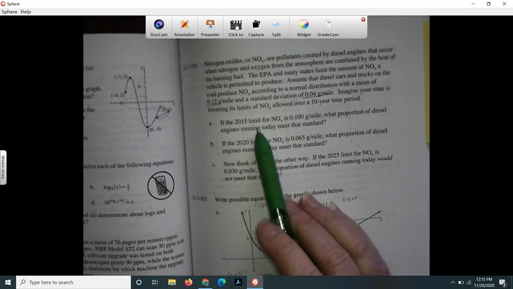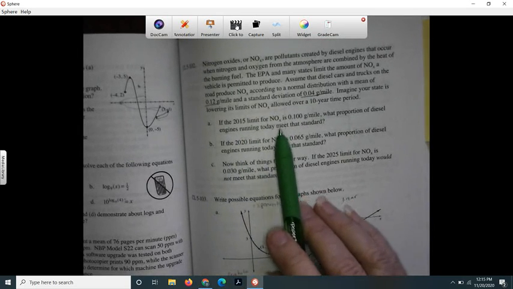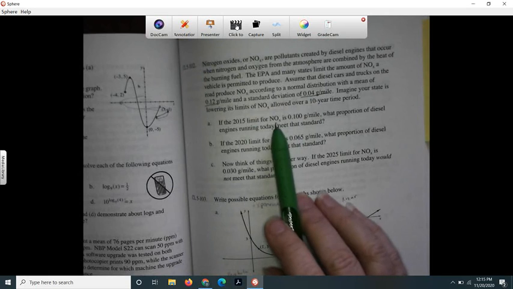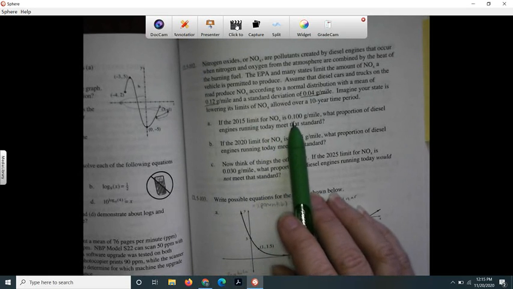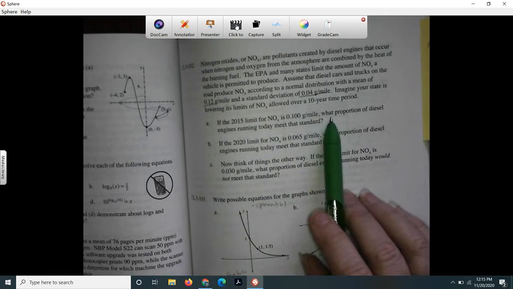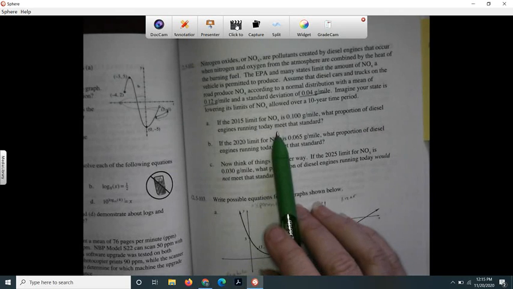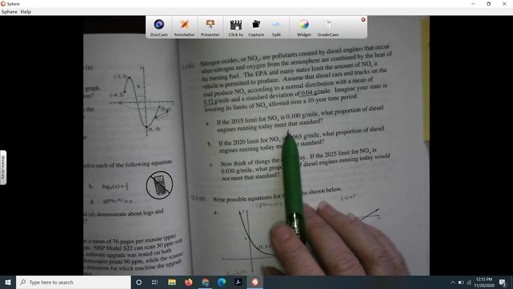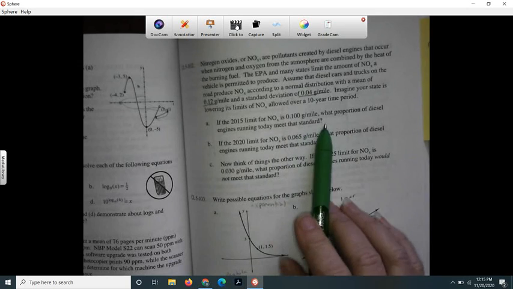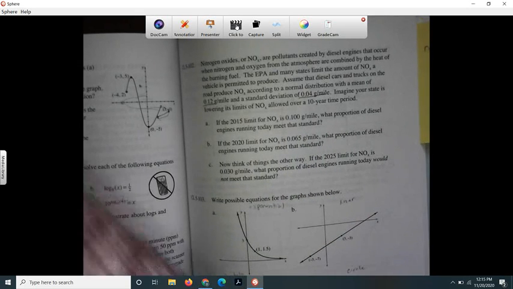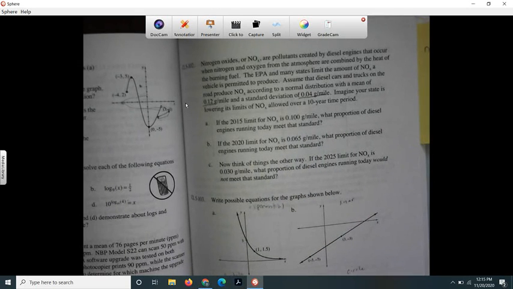If the 2015 limit for nitrogen oxides is 0.1, what proportion of diesel engines running today meet that standard? So I'm going to go ahead and get a normal distribution because I think it mentioned normal